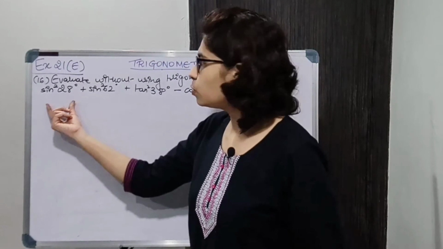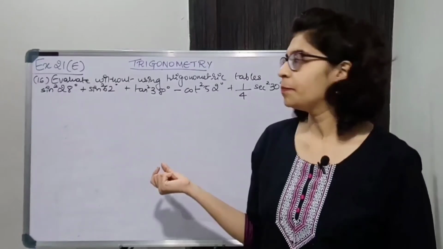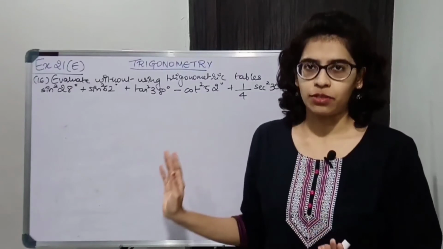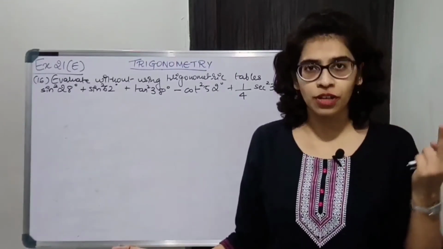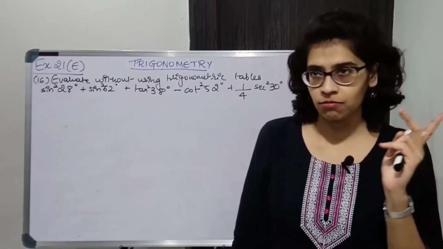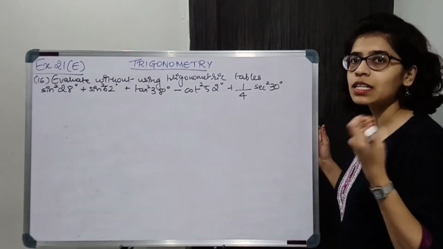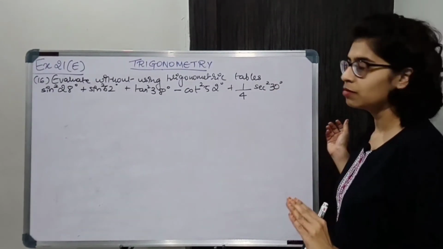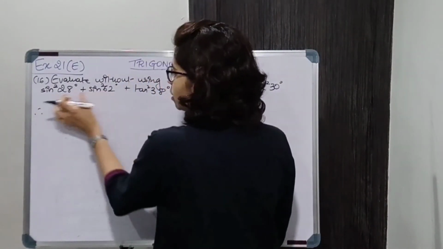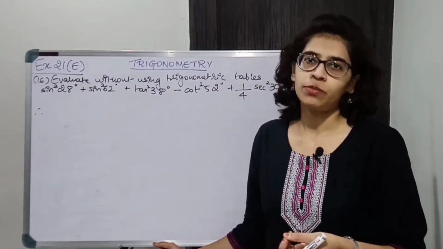Now what we'll do is, we know 28 and 62 are complementary angles. And over here also 38 and 52 are complementary angles. So we'll use that method over here. We know the sin and cos complementary relation, the tan and cot complementary relation: cos sin, cot tan. So we'll use that over here. And sec square 30 is a standard value which we'll easily get from the table. So let us start solving. Convert either of these two, as in express either of the two in the form of a complementary angle.